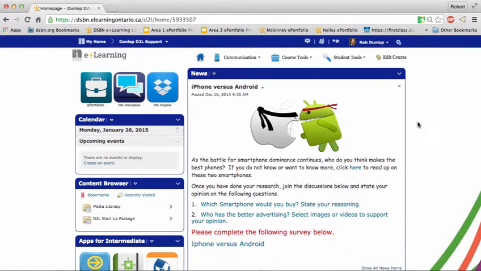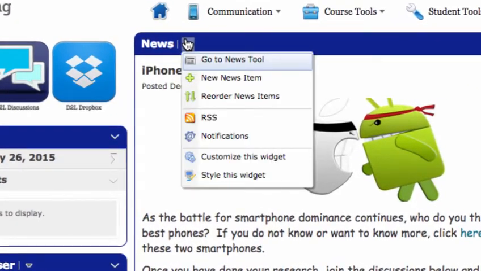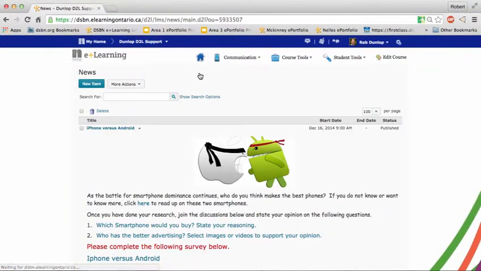The following is a short tutorial on how to insert text, images, videos, and links into the News tool. To create a new news item, there are several ways to do this. To start, you can drop down and just click on New News Item and you'll go right to the HTML editor, or you can go to News Tools, or you can click on the word News and it will hyperlink there. For instance, if I click here, you're going to go into a news page